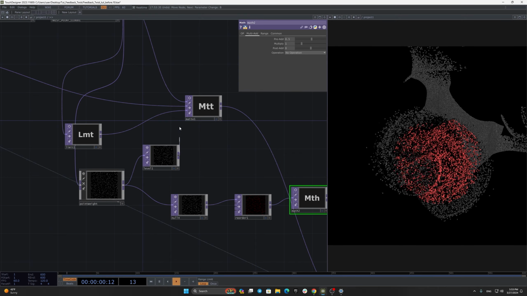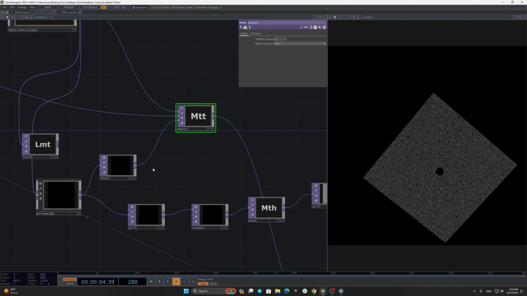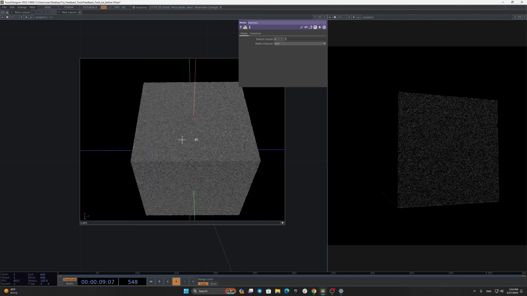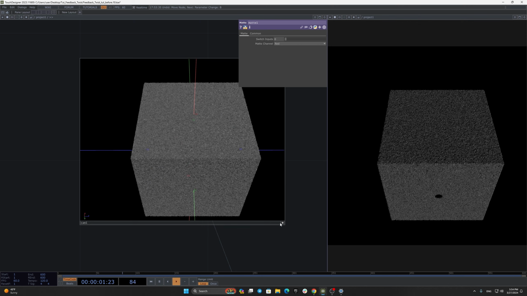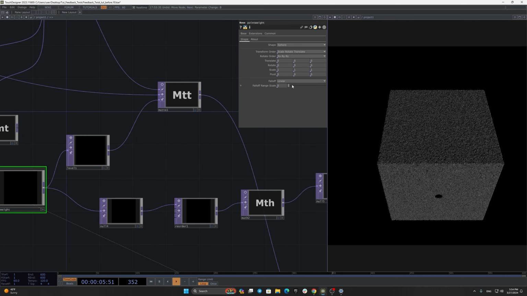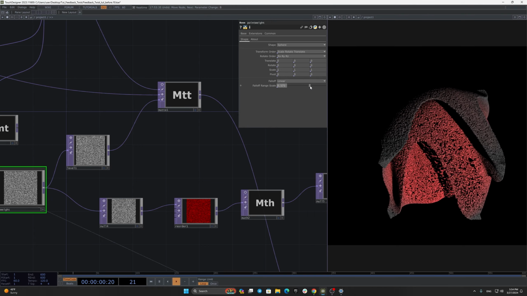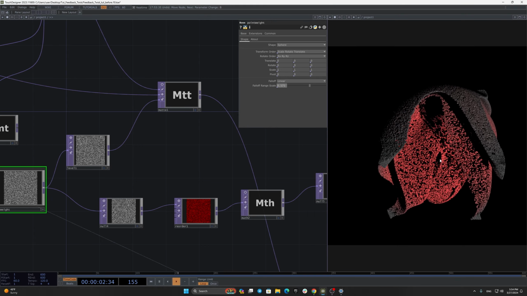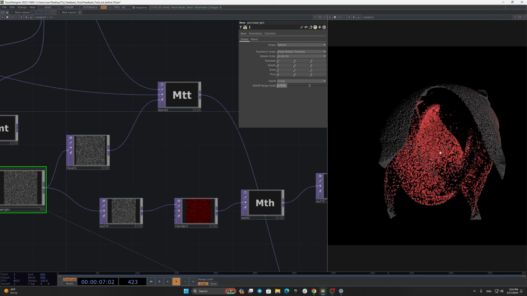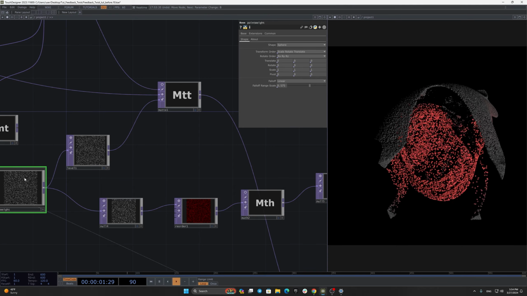And if we switch it here and use red instead, we can see that only red points will be affected. So if we set a fall-off range here, we can see that we can control specific points based on the distance to the center of this shape,